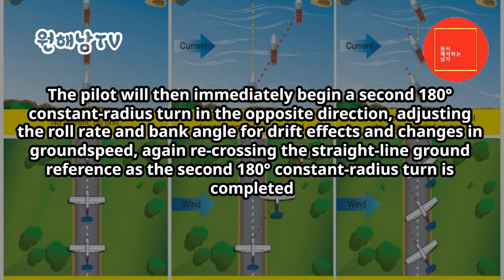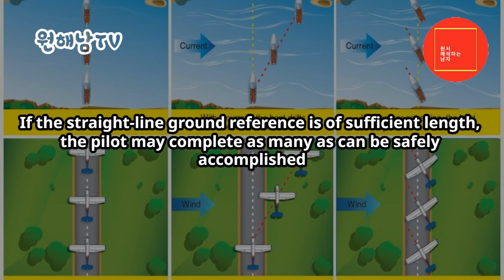completed. The pilot will then immediately begin a second 180 degrees constant radius turn in the opposite direction, adjusting the roll rate and bank angle for drift effects and changes in ground speed. Again recrossing the straight line ground reference as the second 180 degrees constant radius turn is completed. If the straight line ground reference is of sufficient length, the pilot may complete as many as can be safely